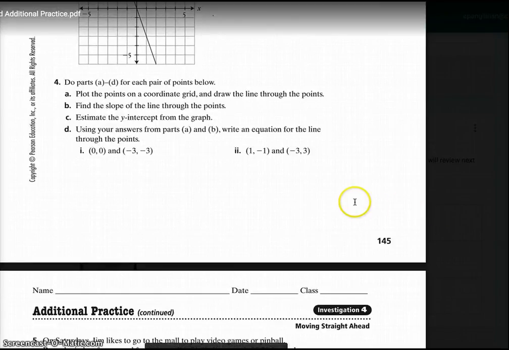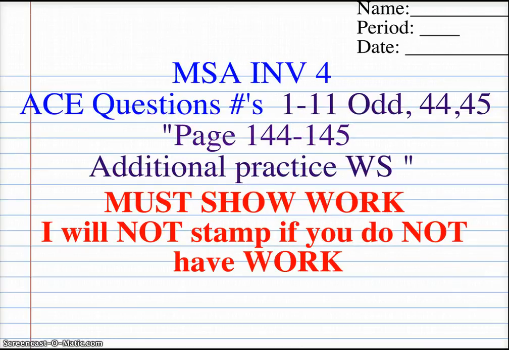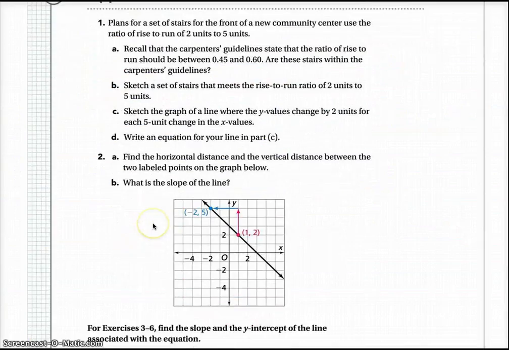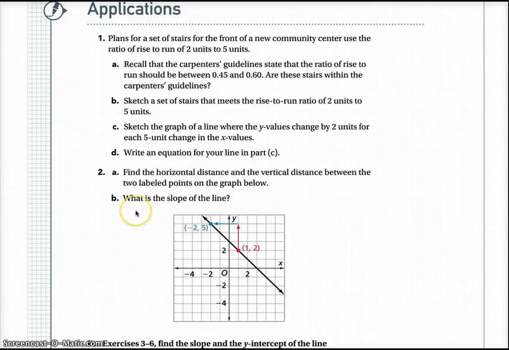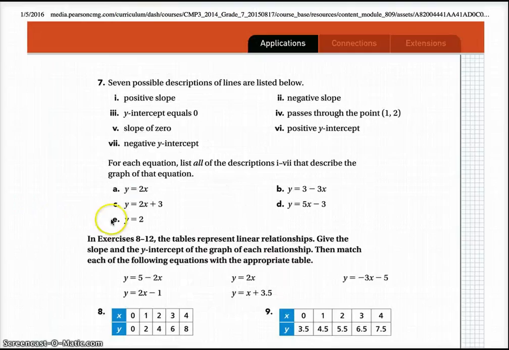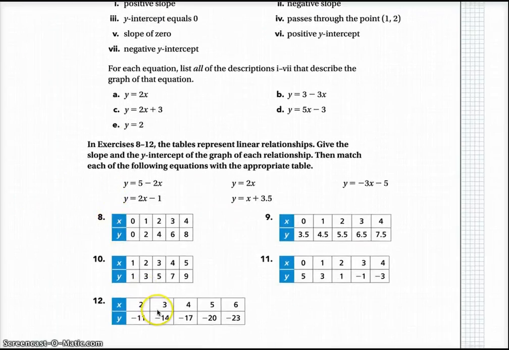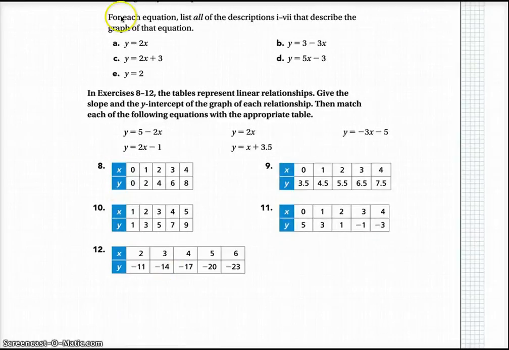Okay, that's your homework. I'm gonna go over the table so we can see what it looks like. Here we go. I'm gonna do question 12 with you guys, because in question 12 I got a table and we can identify the slope. Okay, so question 12